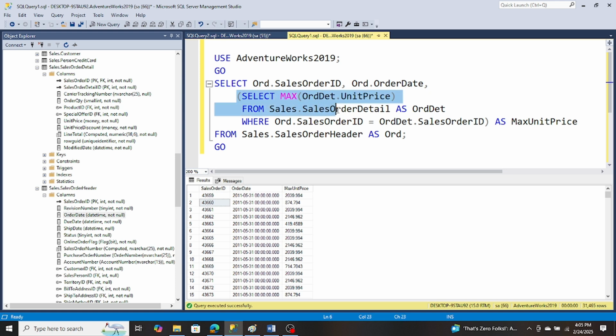Select max order detail dot unit price, right, from sales order details as order detail. Right, we shortened its name to this, where,